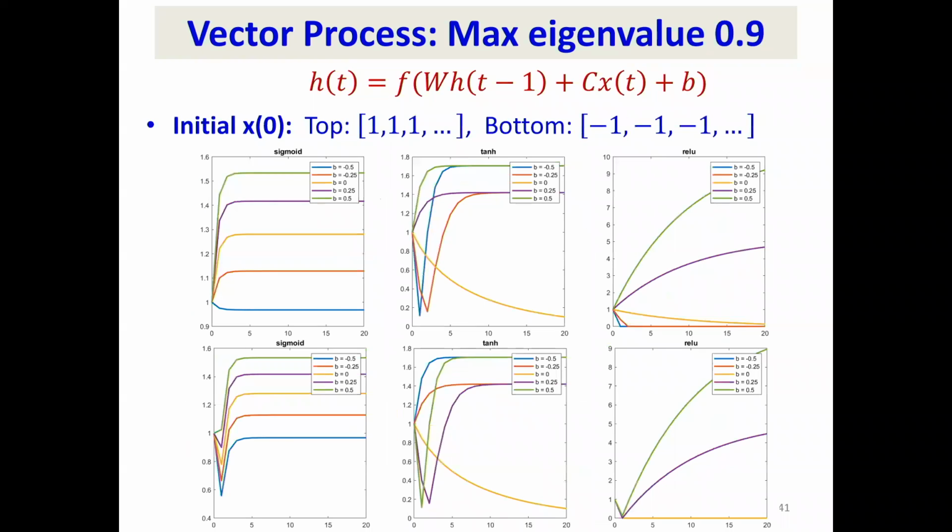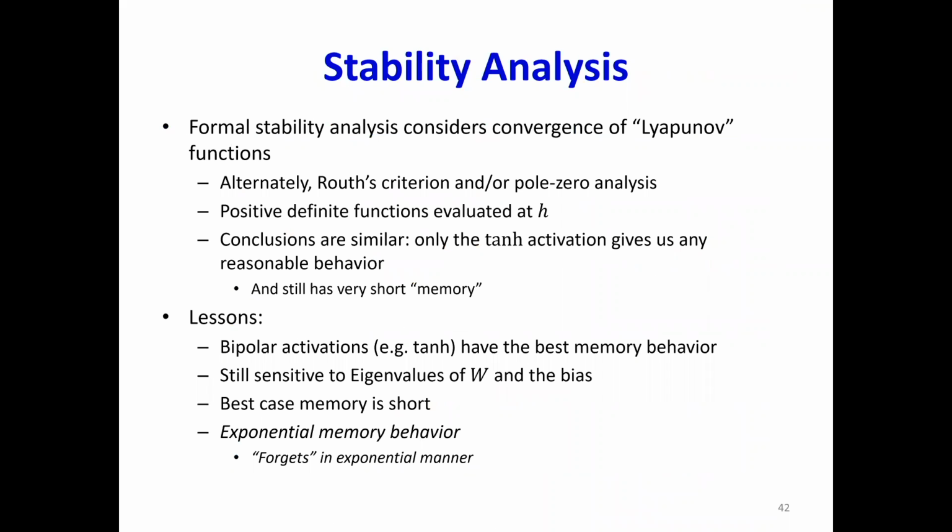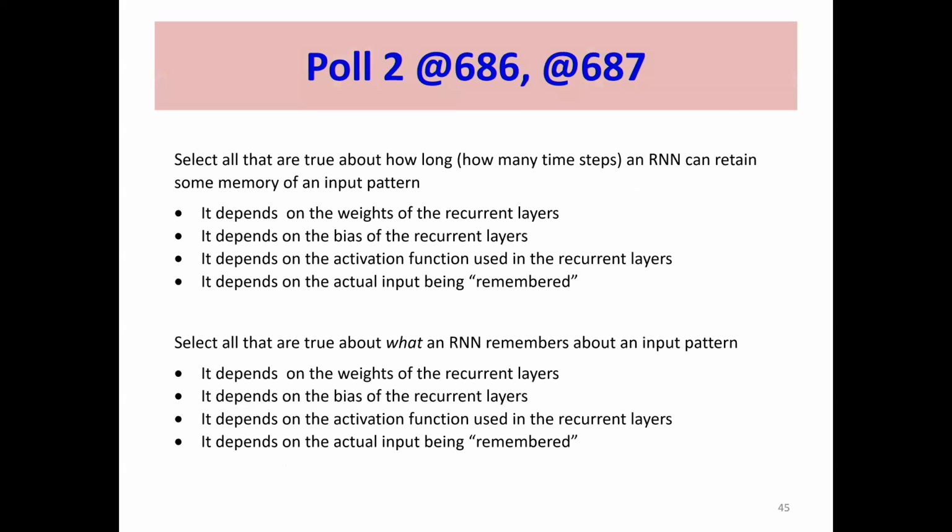So you can actually perform formal stability analysis. And the math is slightly tedious. If any of you has done controls, you have probably done this analysis on your own. You pull up the Lyapunov exponents and check Routh's criterion and things like that. Regardless of how you go about it, you're going to find this behavior. You have things like poles and zeros, depending on where the system poles and zeros end up, it's going to either blow up or it's going to die. And this behavior depends only on the weight matrix and the bias and not on the input. Okay?